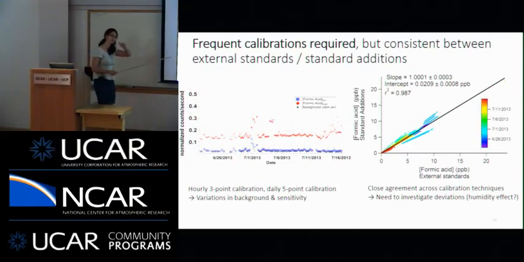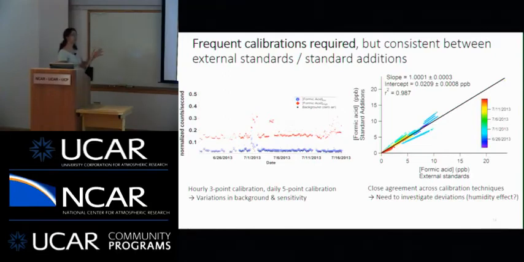And the mass spectrum of it changes a little bit too. So this is our background. It changed. And then we had this low amount of formic acid and a high amount of formic acid, and those changed as well. So what this really means is that the sensitivity of the instrument was changing on the time scale of hours, and the background of the instrument was changing on the time scale of hours. So it was very important for us with our instrument to at least do those frequent calibrations. I think some instruments seem to be more susceptible to these variations than others, so it's very instrument specific. But for our system, at least, we needed to do these very frequent calibrations.